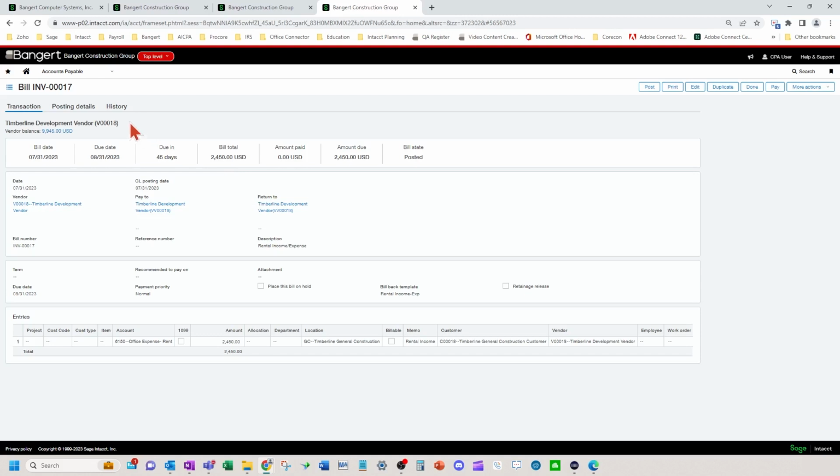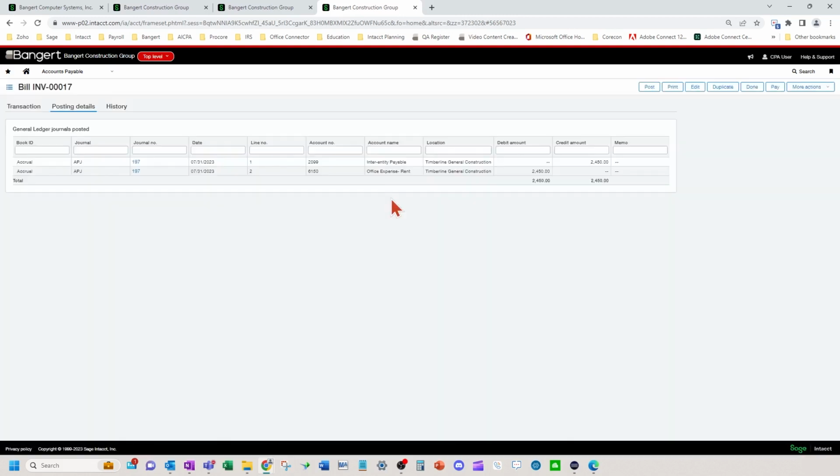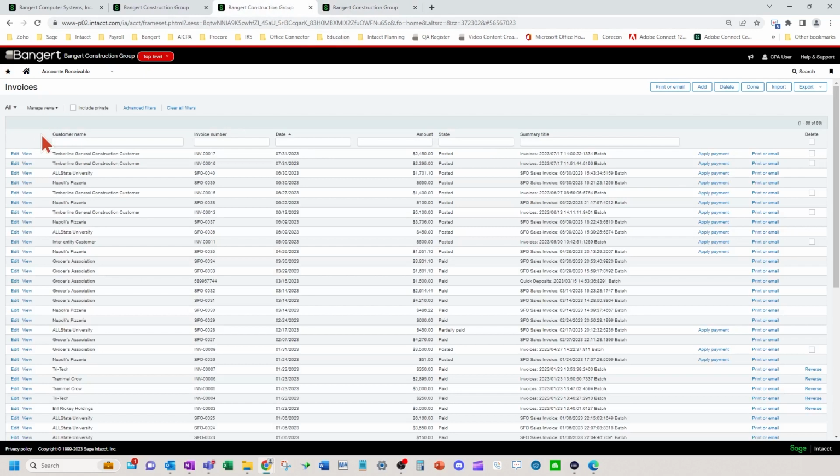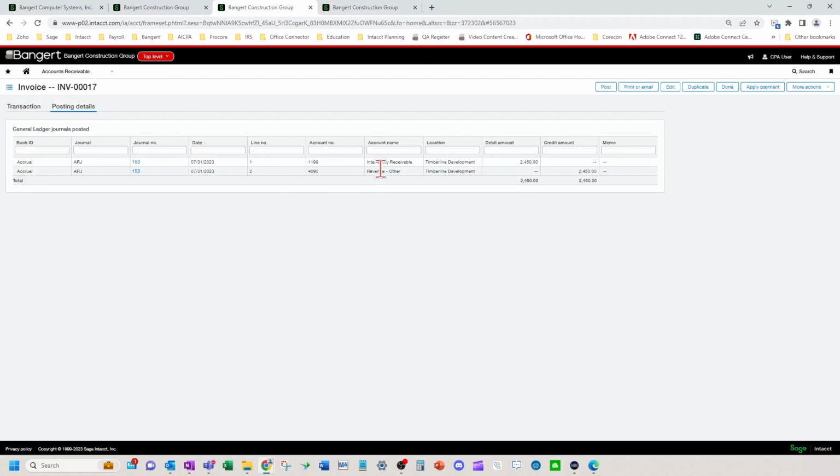It did it as soon as I posted that invoice on the AR side. So if you look at posting details here, we have the inter-entity payable and rent expense. If I go over here and look at the invoice, I'm going to have inter-entity receivable and where I put rental income, revenue other.